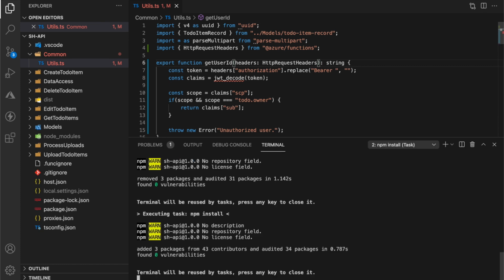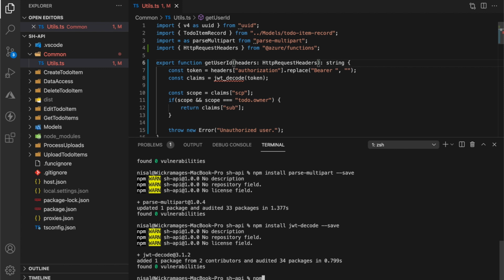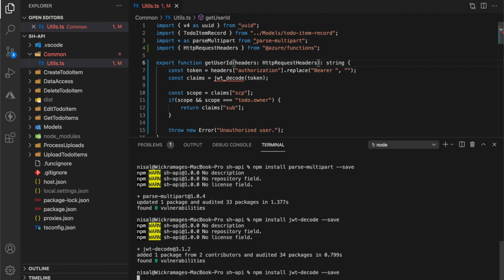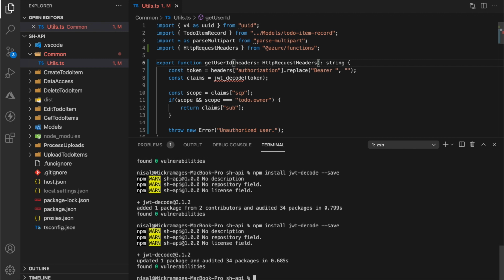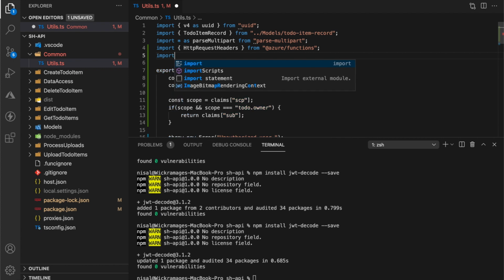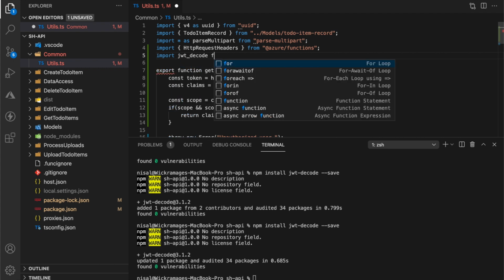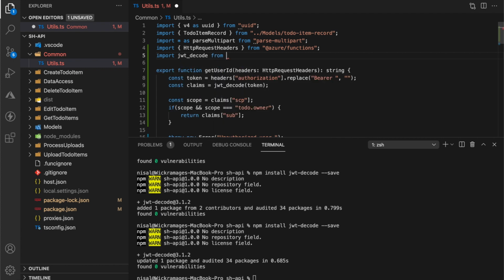Let's type in npm install jwt-decode --save. Let's import the library. Finally, we need to do a scope validation before we return the sub value.